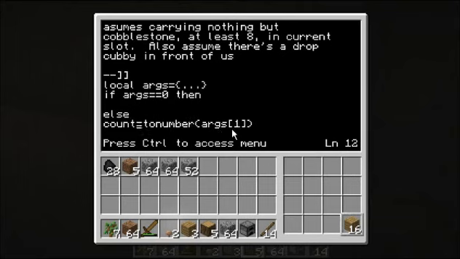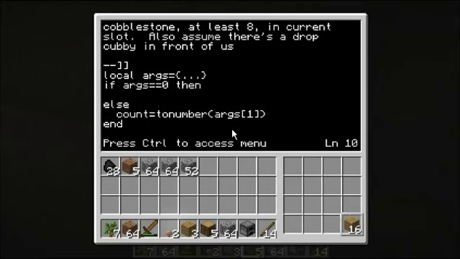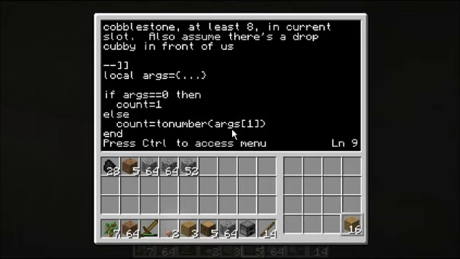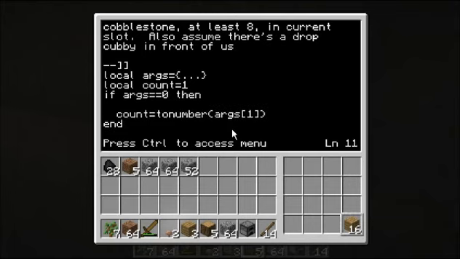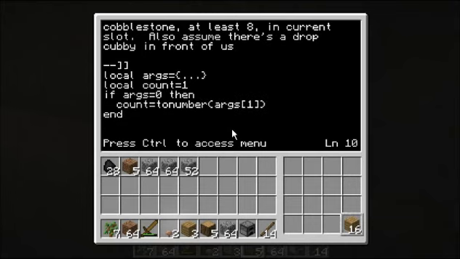Else, and if args is 0, then count equals 1. So if you don't specify, it defaults to 1. Local count. Actually, I can just make it default to 1 up here. And if args is not equal to 0, or well, it's greater than 0,